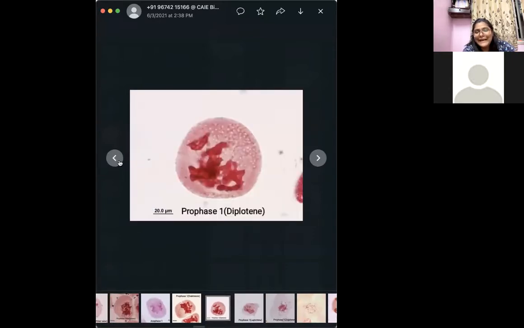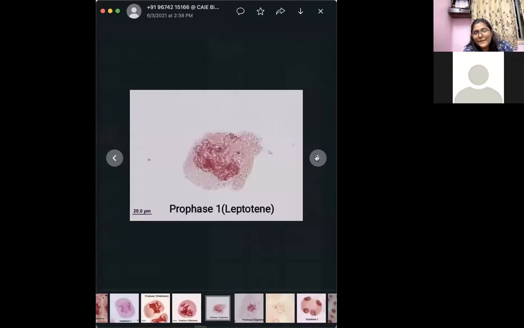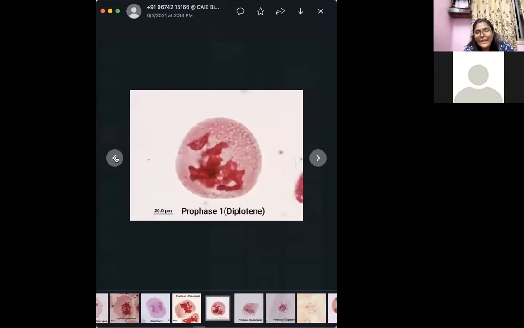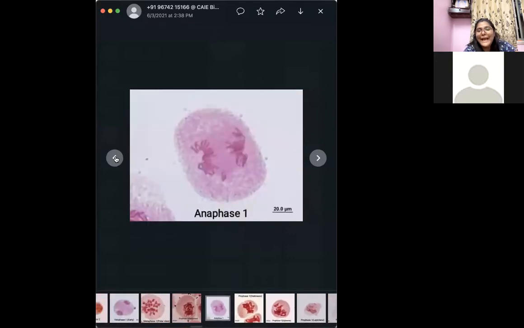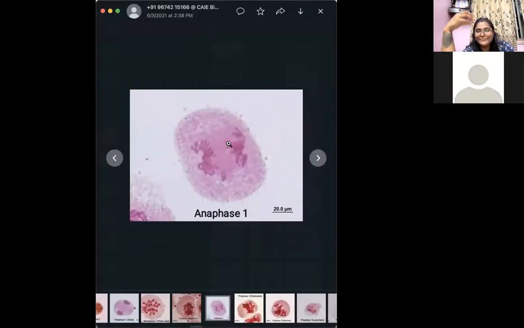Okay, these are the different phases where you can see the chromosomes are probably getting condensed more and more so that they could actually form your chromosomal structures. At this point, you are able to see the anaphase, and you can actually make out tiny spindle fibers trying to pull those different kinds of sister chromatids away from each other.